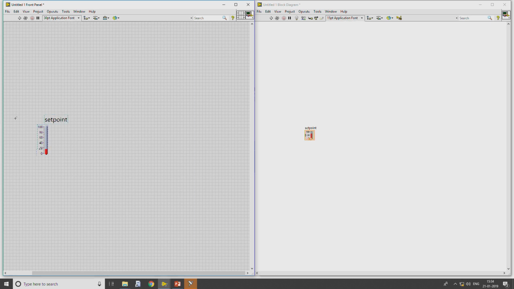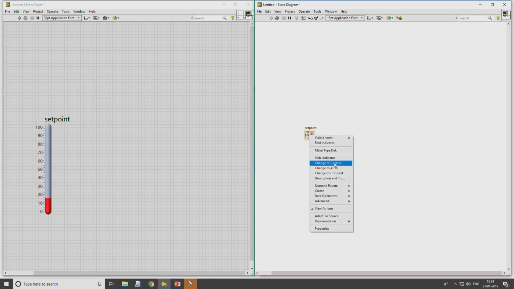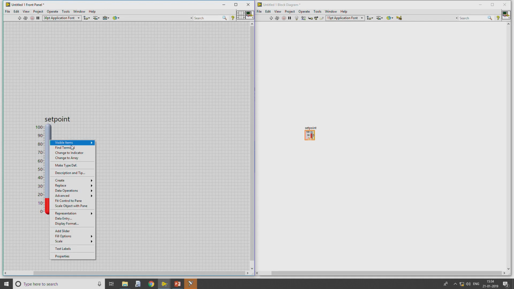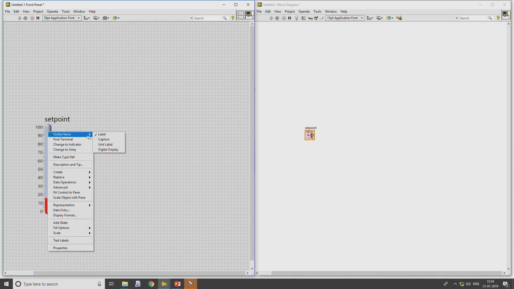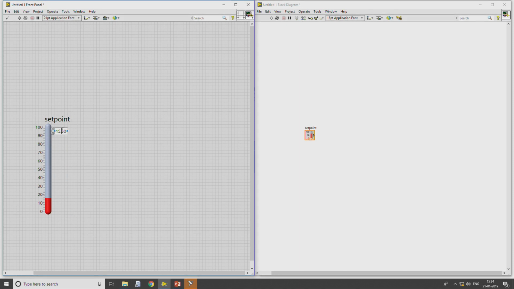Let me zoom in. I am changing it to control. I will also provide a unit display as well as a digital display, so that whatever temperature the user requires can be set at this point.